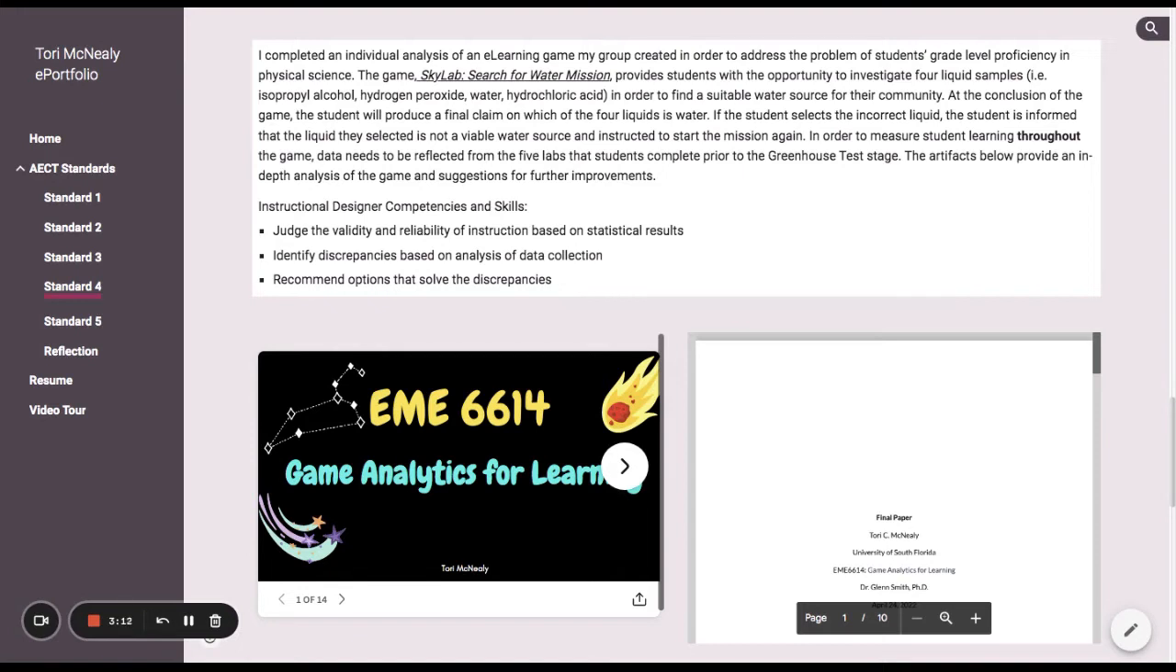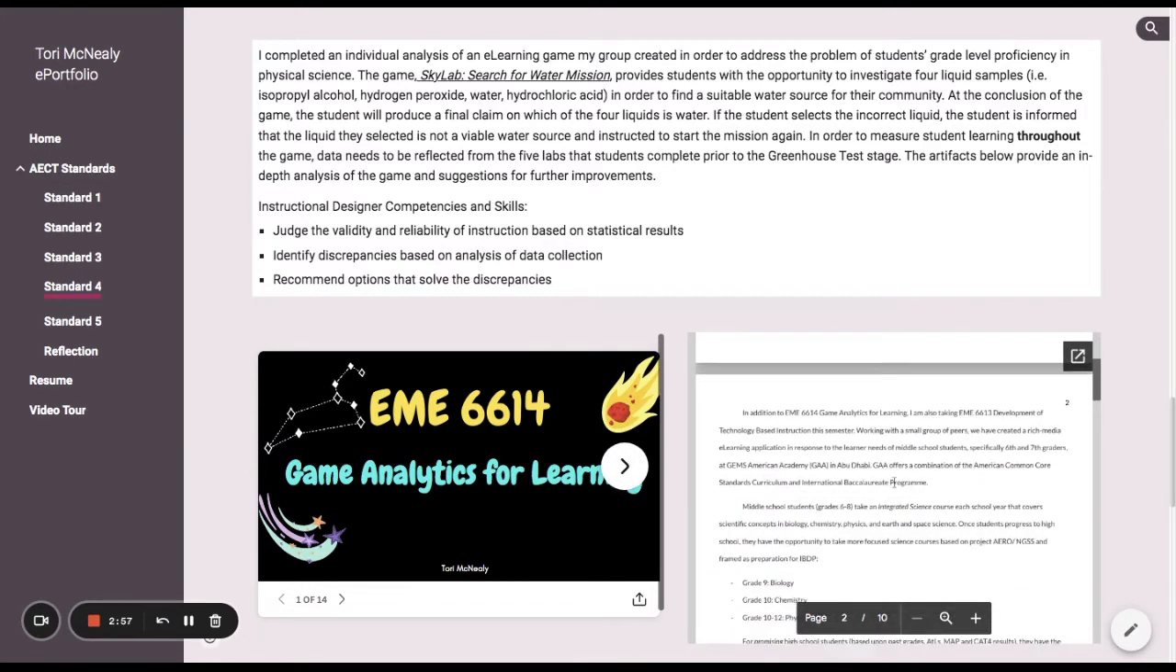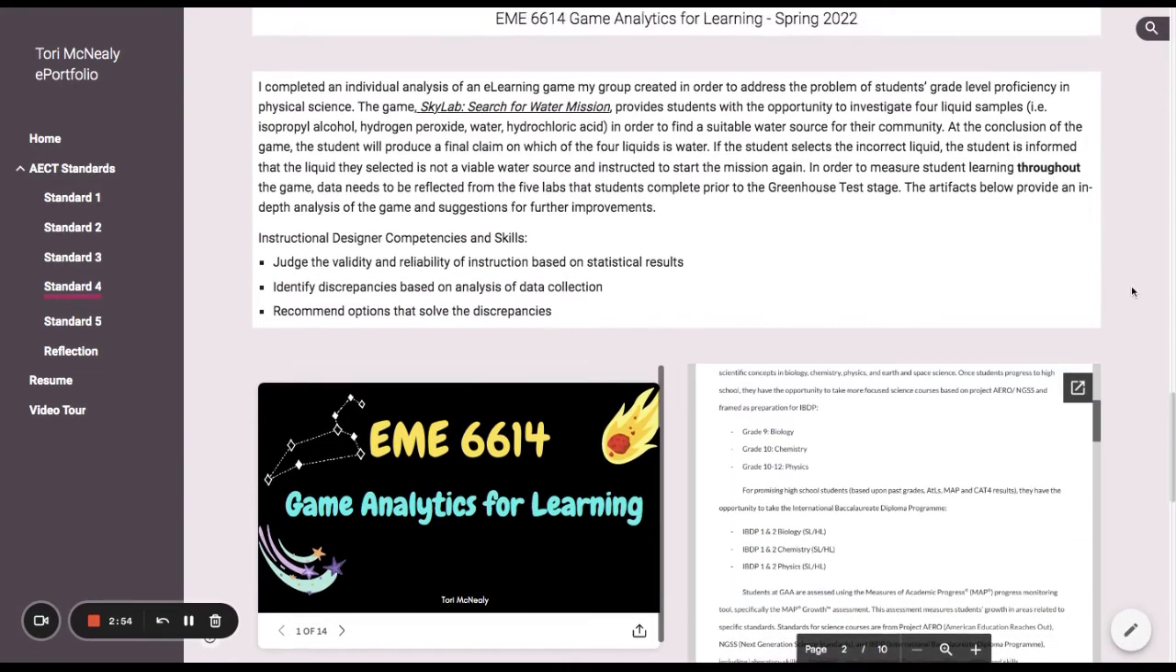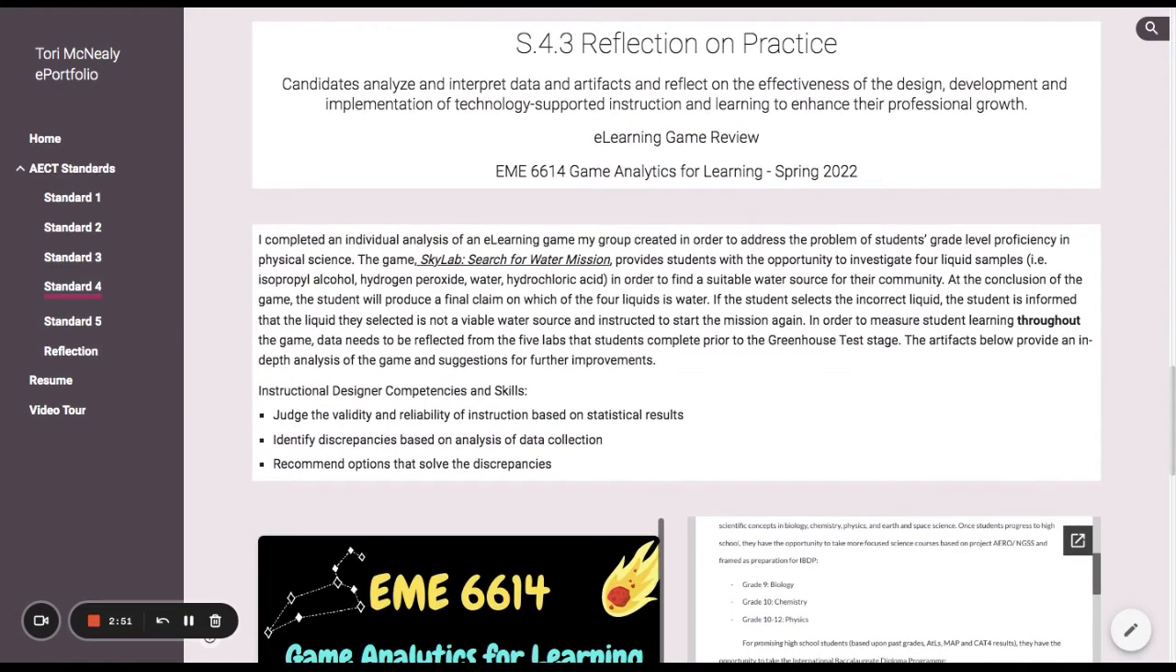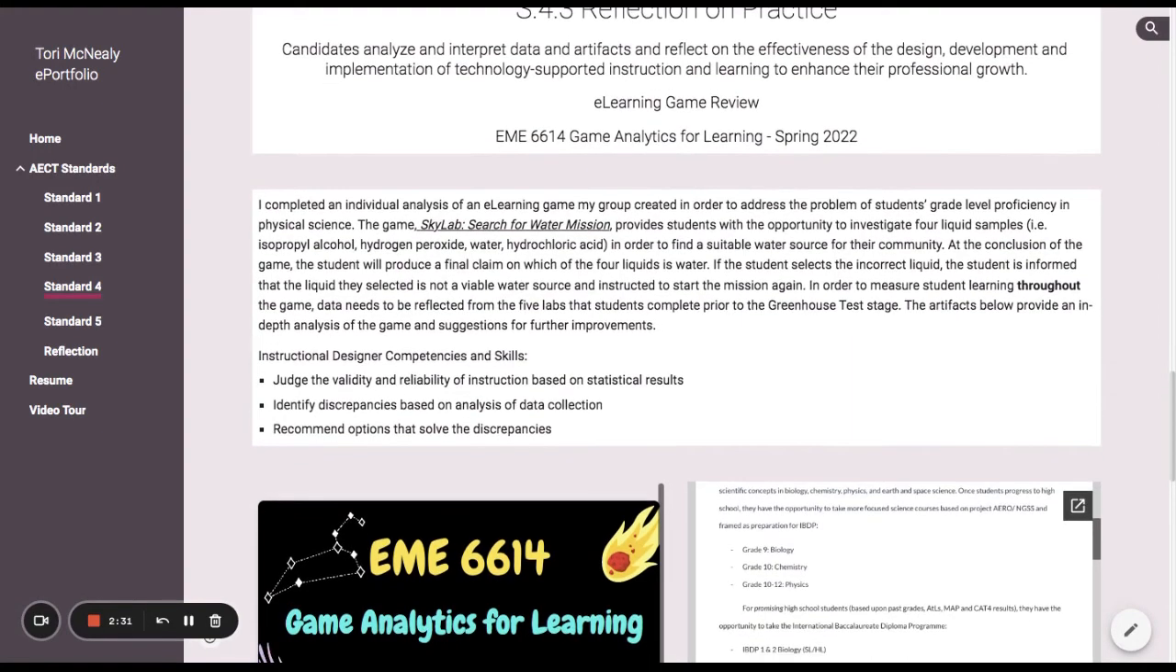and I looked at the results of our usability testing, alpha testing, beta testing, and I did a full analysis of the game. And I included a presentation and my final paper regarding the analysis of the game so that you could see how I was able to identify some discrepancies based on the analysis of the data collection and include recommendations and suggestions for further improvements and iterations of the game. That was just a great example to show how I'm still building my professional growth in terms of design and